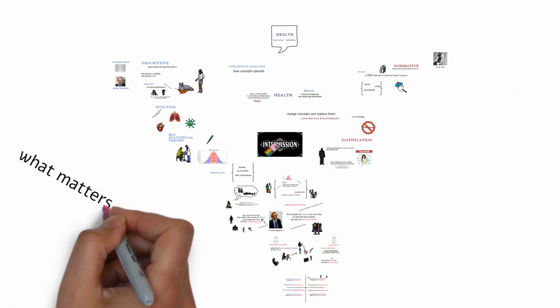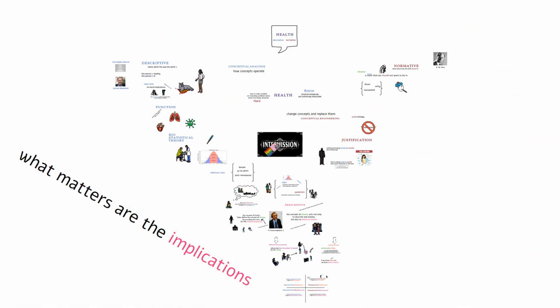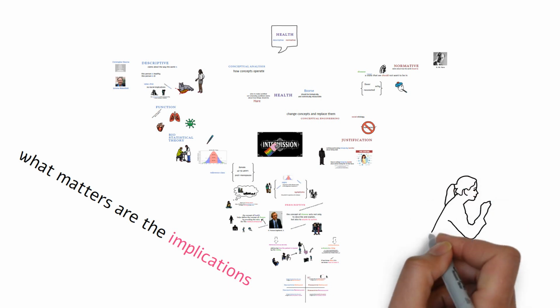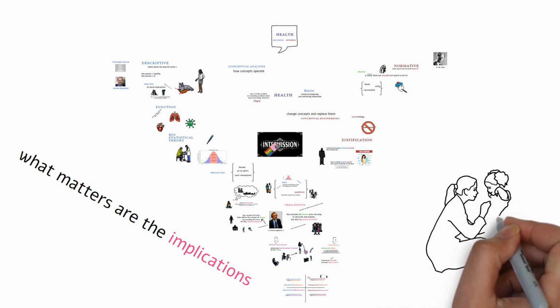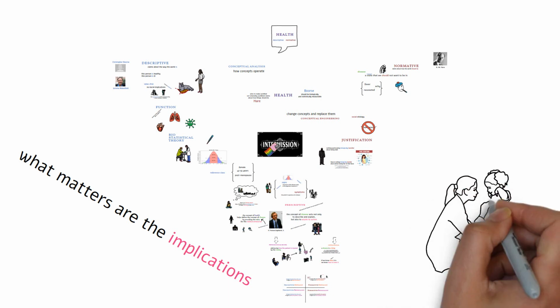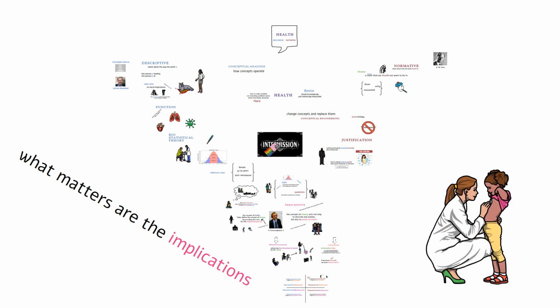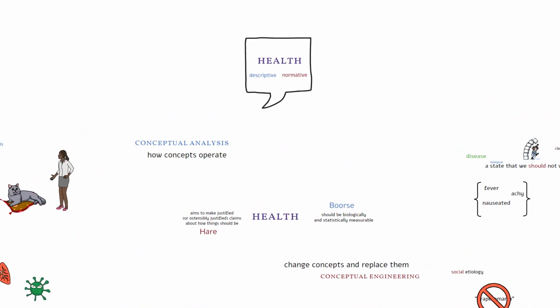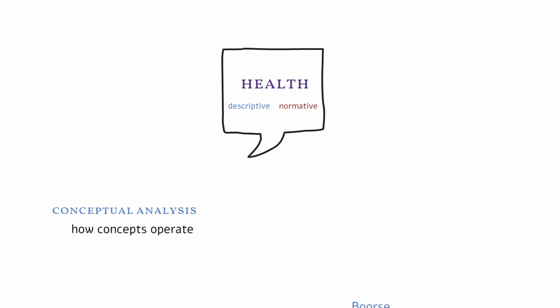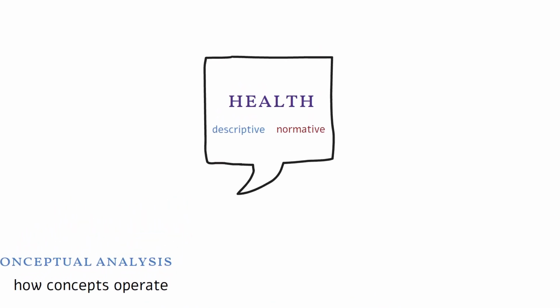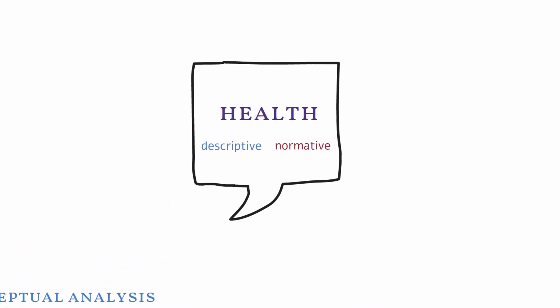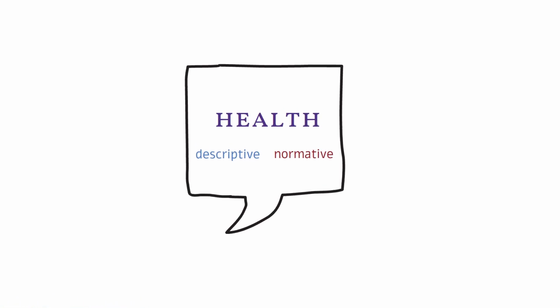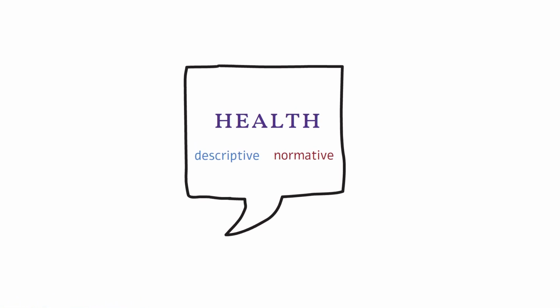What matters for medical ethics are the implications of which stance we take. It's possible that to take a descriptive ontological stance on one disease is a perfectly just and effective way to address the disease, but that the same stance will cause great harm when applied to another. For example, as we're about to see in the rest of this course, the loose collection of diseases, conditions, states, and experiences that we often lump together under disability present particular challenges to all these models. And that will be the subject of many more videos to come as we think about what health might mean.